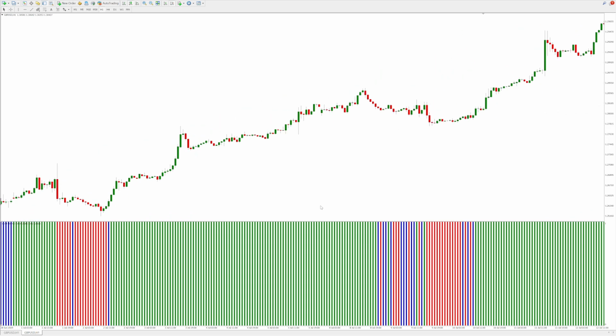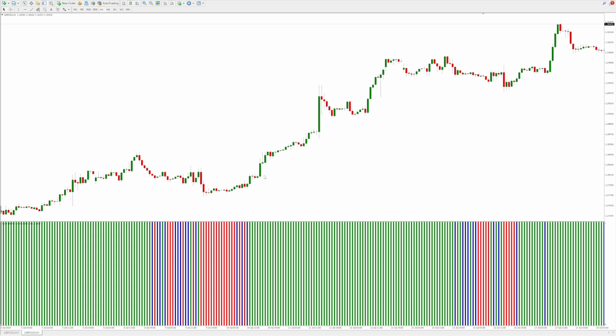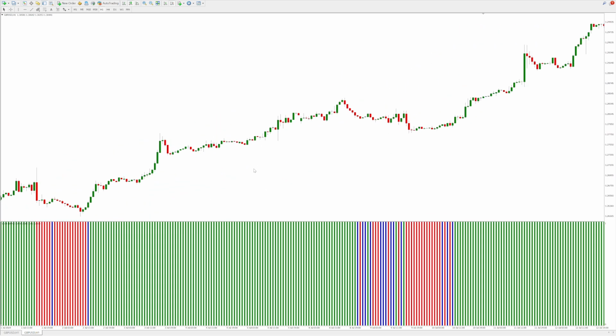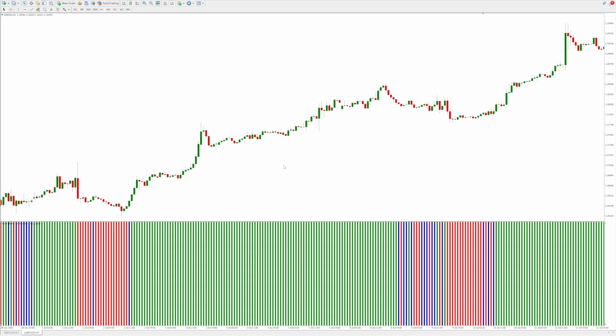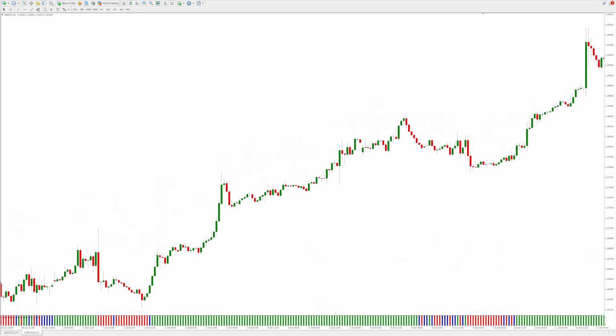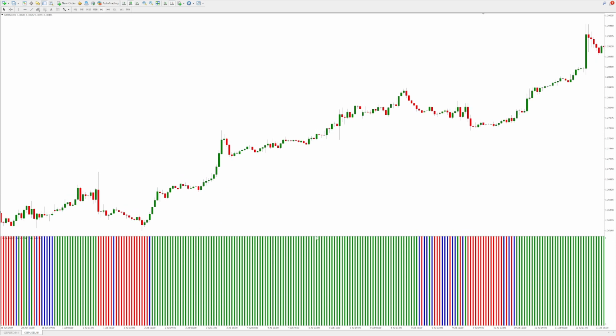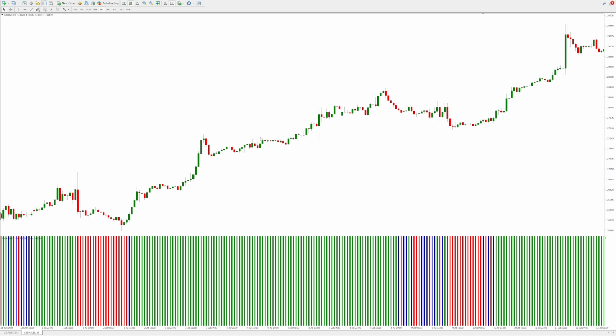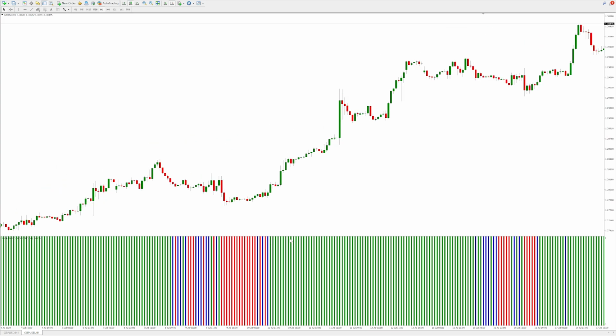As you can see, it does a good job of helping you visually see trends. I mean, you wouldn't necessarily need it. If I just move it down there, a simple trend line would have done the job. However, I do understand it can make things easier to interpret for some traders, and it's just nice to look at, if not a bit hard on the eyes,